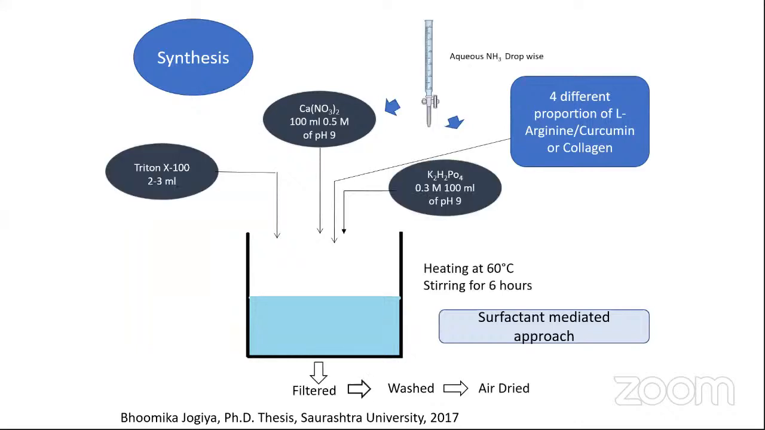So one by one, we are adding. In this method, Triton X-100 is used as a surfactant, along with calcium nitrate, potassium dihydrogen phosphate, and different other substances as additives, like arginine, curcumin, or collagen. The surfactant-mediated method can